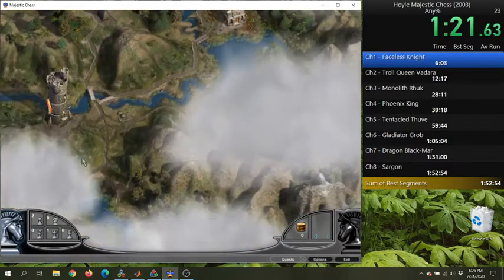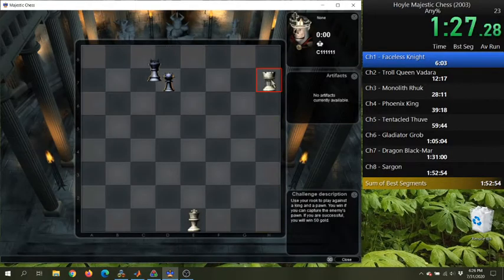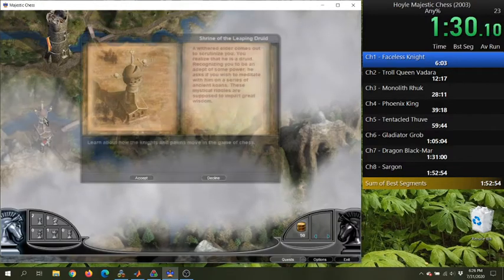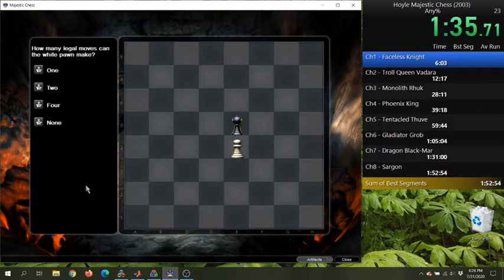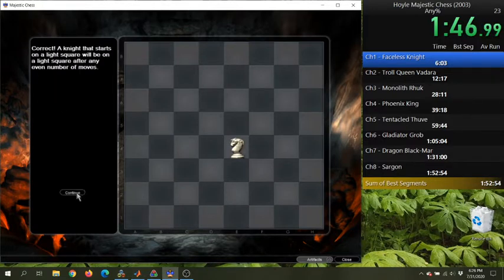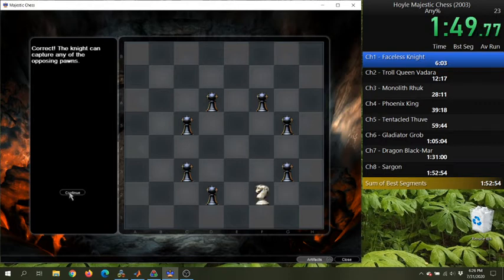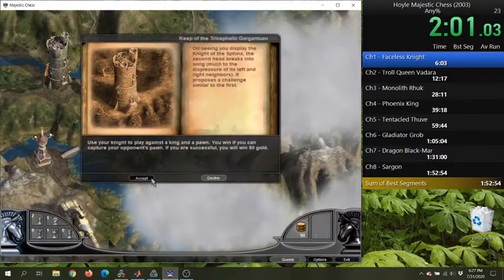Yeah, it's an interesting run because it partially requires being good at chess, which to be honest, I'm actually not very good at. There are a few genuine difficult games of chess that you have to play, but mostly you just have to be good at Majestic chess, which involves some memorization, some gaming the computer, and some interesting routing, and a little bit of patience with its load times.